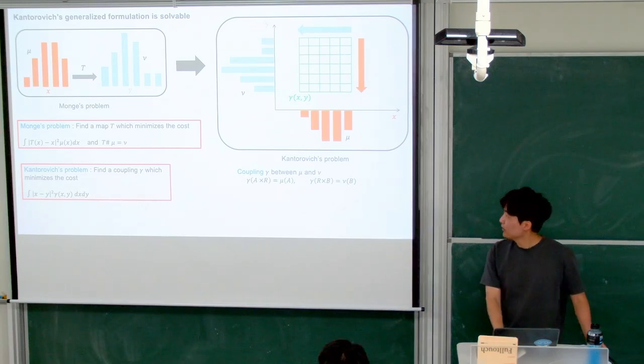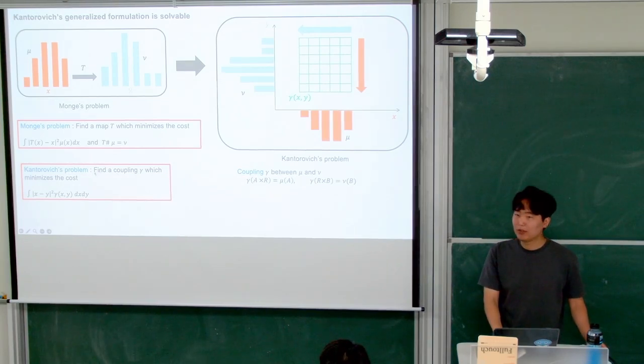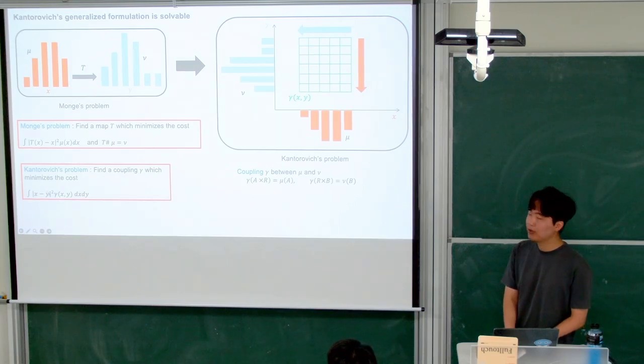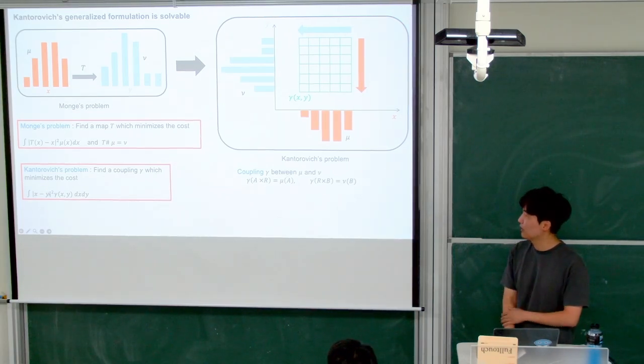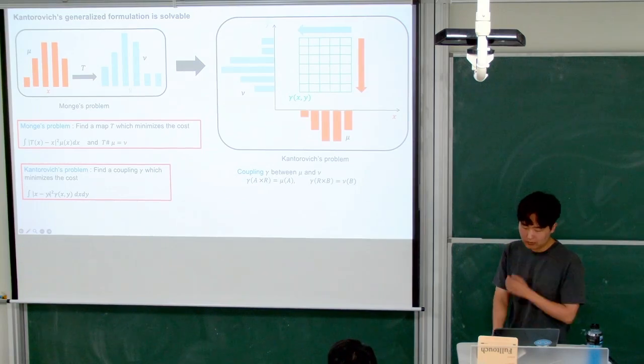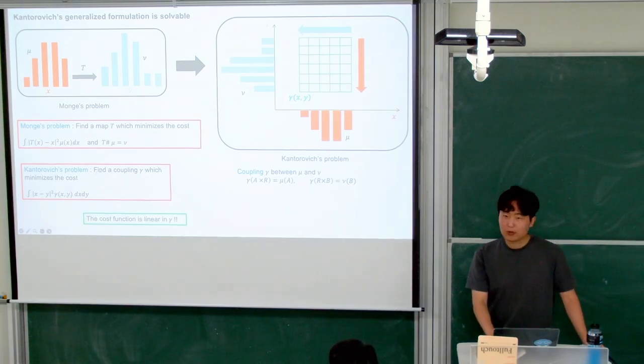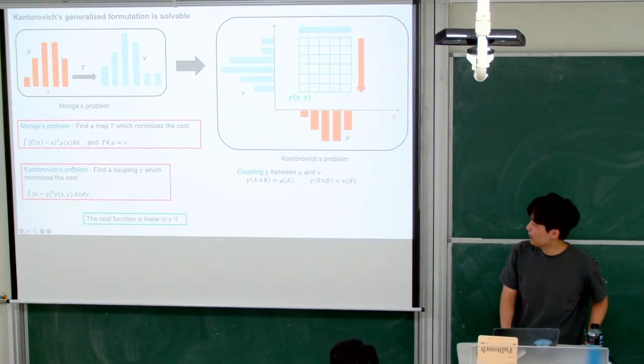Finally, Kantorovich generalized the Monge problem as follows. We should find a coupling between mu and nu such that it minimizes the cost of this double integral. Here again, the x minus y squared is just my choice of the distance, Euclidean distance. And I will not go into this deeply, but if you compare the Monge problem and the Kantorovich problem, you can notice that